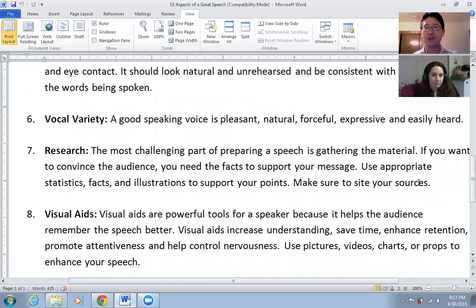Number 8, visual aids. So having even a simple prop can help the audience remember what you were saying. I guess I didn't prepare that myself. Anyway, I could have brought, for example, a microphone as a prop to mimic what it's like to speak